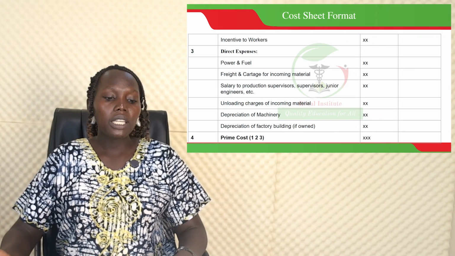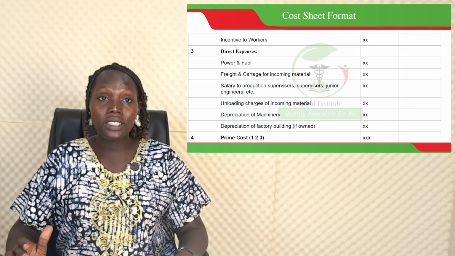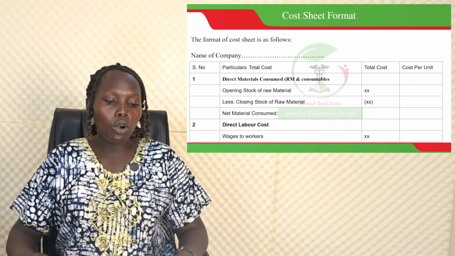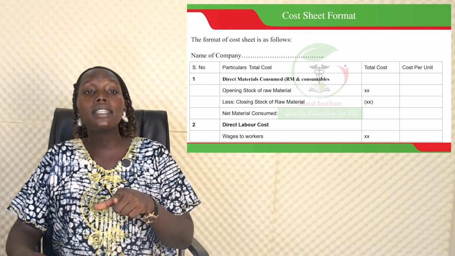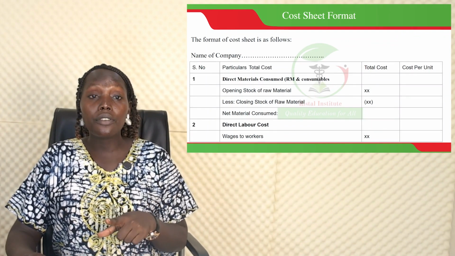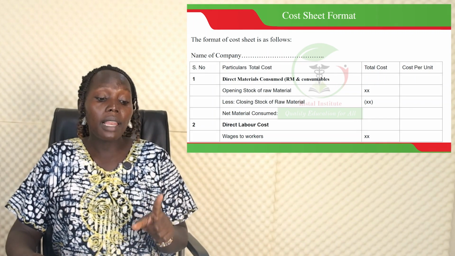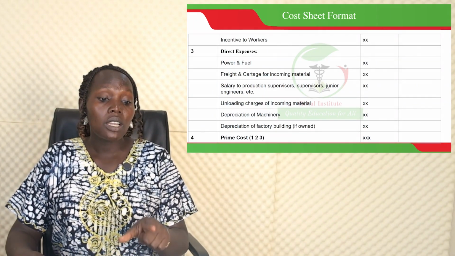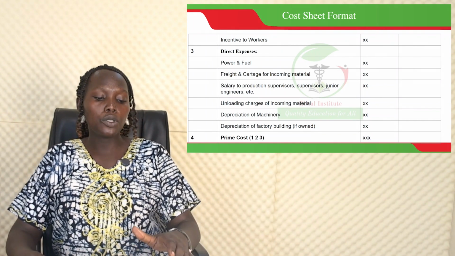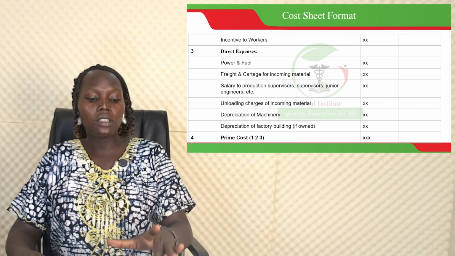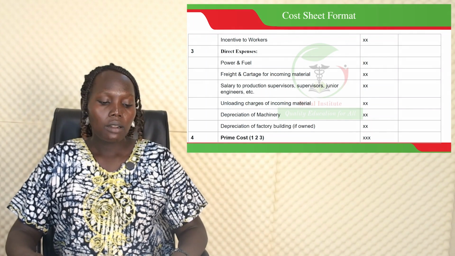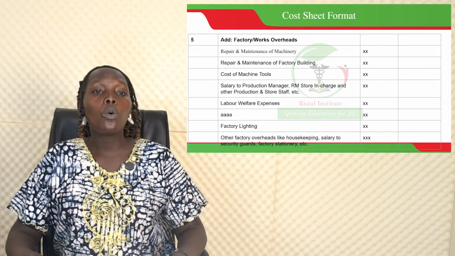So to come up with the prime cost, you get the total of direct materials consumed, or it can be called raw materials and consumables, plus the direct labor cost, plus the direct expenses. That's why to get the prime cost, you get 1 plus 2 plus 3. So then we add